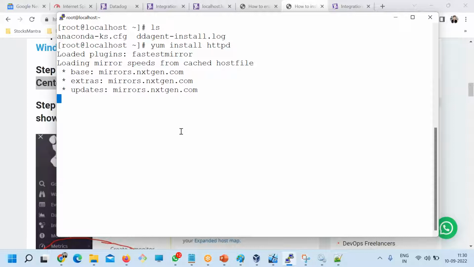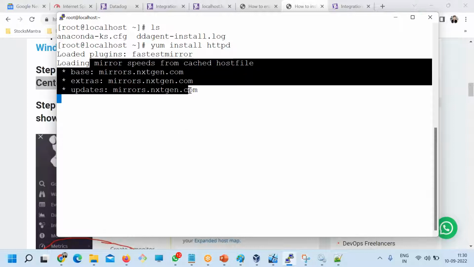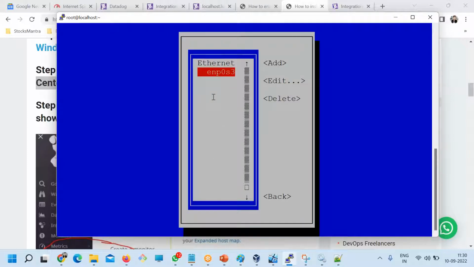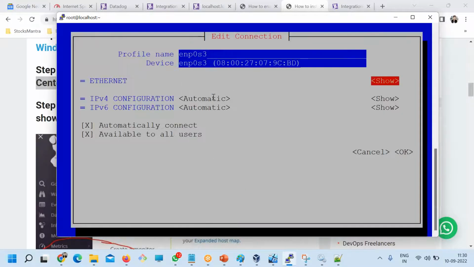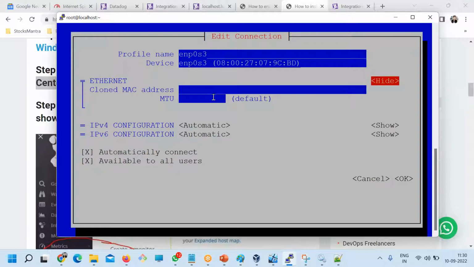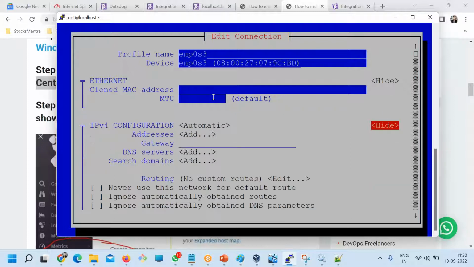Okay, so what I will do, just a second. nmtui. I'm trying to use a DNS entry. So just a second.